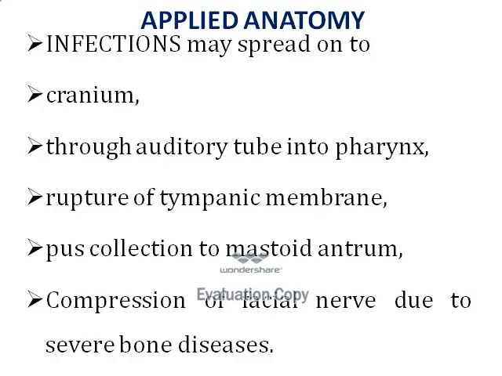The applied aspect of the middle ear cavity: the most common thing occurring with the middle ear cavity is infection. These infections are called otitis media, that may spread onto the cranium through the roof, onto the oral cavity through the auditory tube, and onto the posterior wall through the mastoid antrum. The compression of the facial nerve, which is closely related to the middle ear cavity, may lead to a number of severe